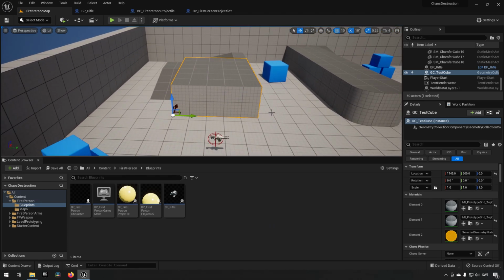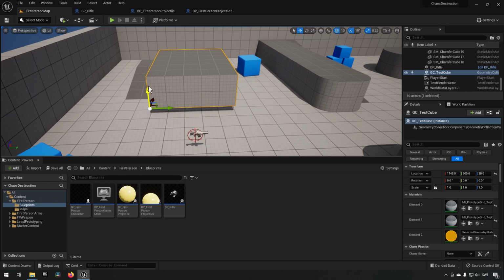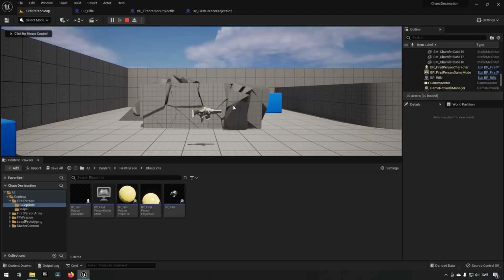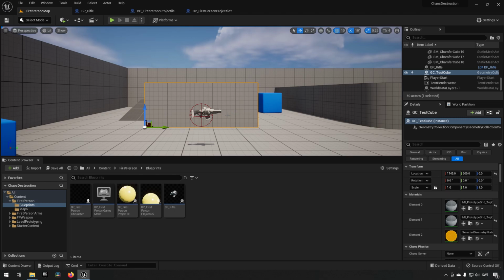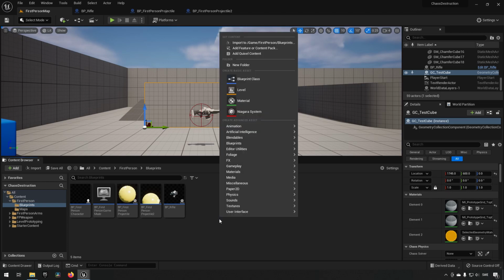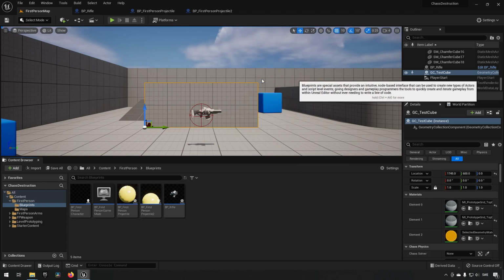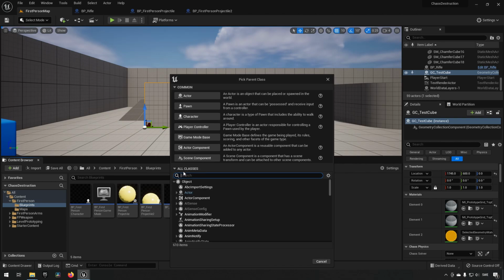So starting off, this is our little block that we have created a geometry collection of. If we press play, it falls down and physics affects it. We created some projectiles to damage in the last episode, but now we will instead be interacting with it using fields. To do that, we need to create a blueprint. So we'll create it of the type class